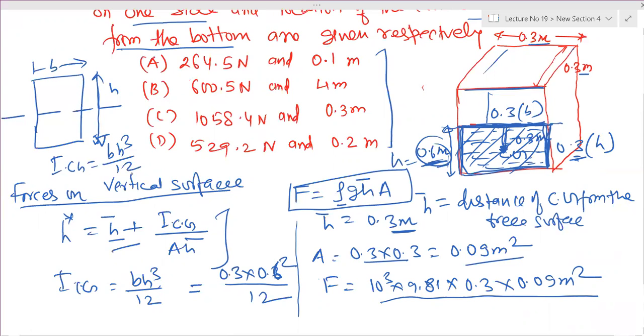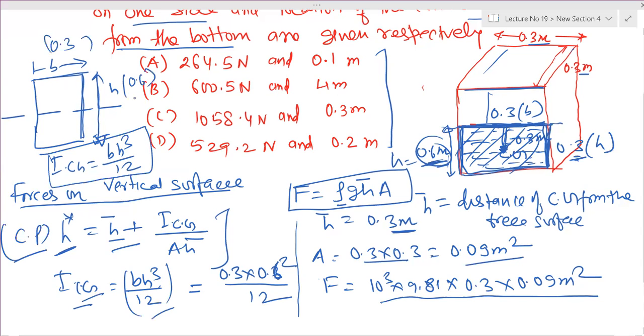The second part of the problem is to calculate the center of pressure. H star, you know the formula: h bar plus I_CG by A h bar, and I_CG is b h cubed by 12. It is about the center of gravity or centroid. This is your breadth, this is your height. In our case, b is 0.3 and h is 0.6. So we can estimate this: 0.3 into 0.6 cubed by 12, and then finally